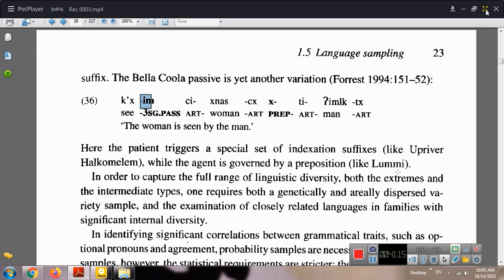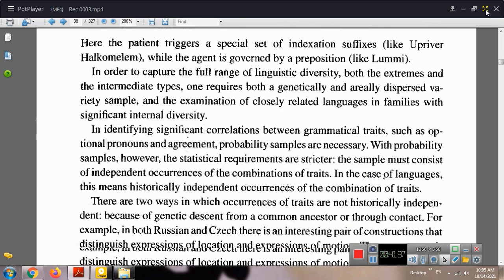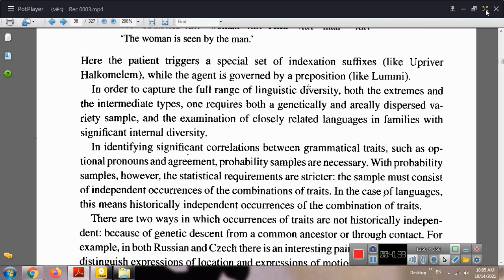In order to capture the full range of linguistic diversity, both the extremes and the intermediate types, one requires both a genetically and areally dispersed variety sample and the examination of closely related languages in a family with significant internal diversity. It means that we should draw a continuum